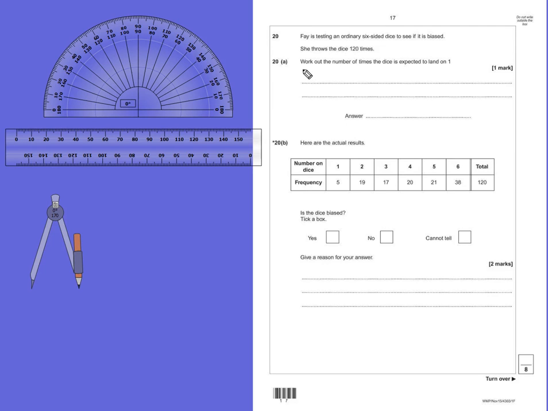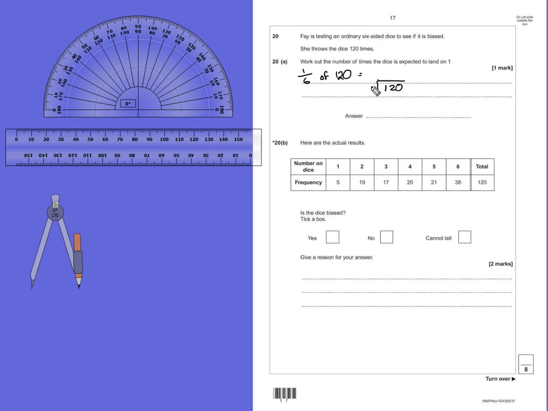That's a probability of 1 out of 6 of landing on 1. So if we want to predict how many times this rolls a number 1, it means that a sixth of those 120 times should be a number 1. To find a sixth of a number, we divide by 6. 120